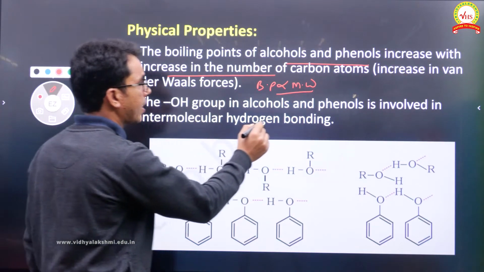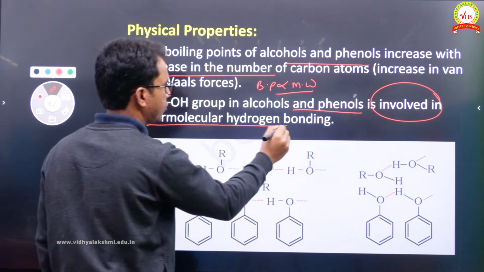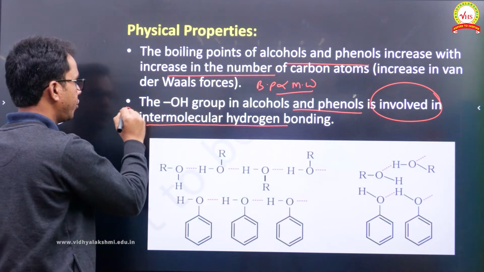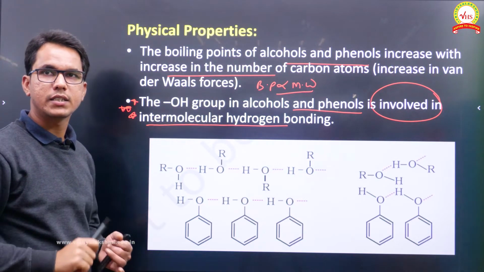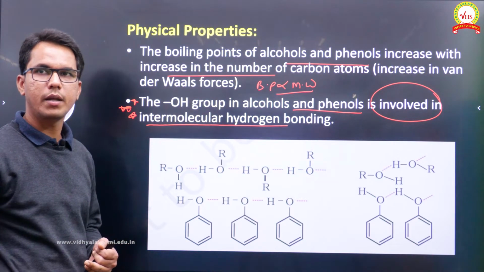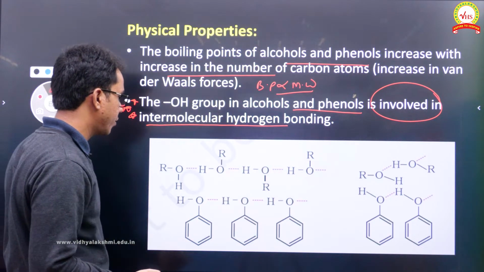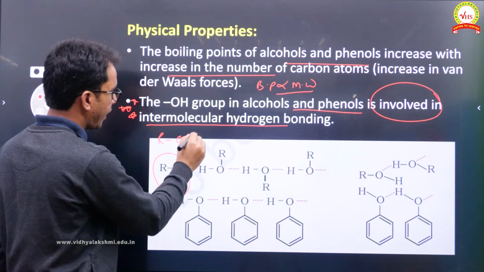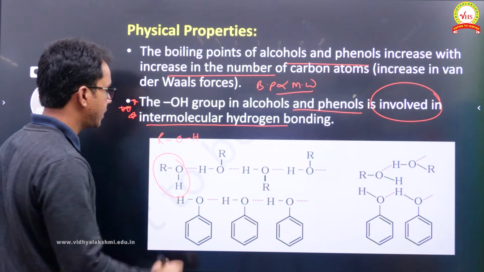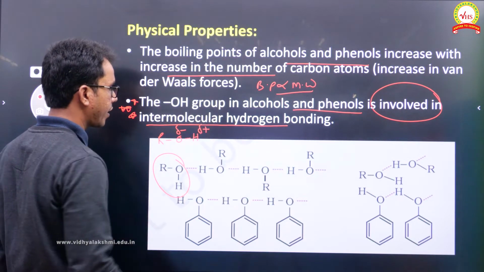The OH group in alcohols and phenols is involved in intermolecular hydrogen bonding. This is very important. Due to this particular reason, alcohols and phenols show comparatively high boiling points compared with ethers. Now what is this hydrogen bonding? We know that alcohol has an ROH group. Since oxygen is an electronegative element, it gets a partial negative charge, and hydrogen gets a partial positive